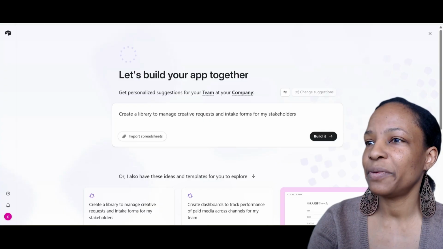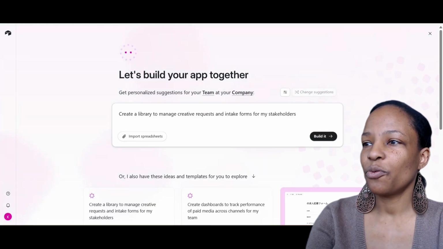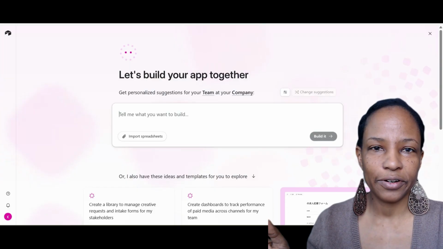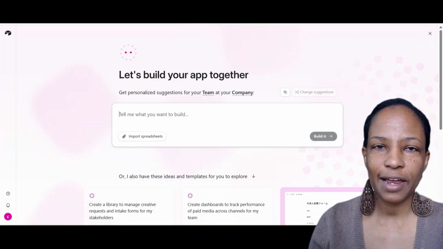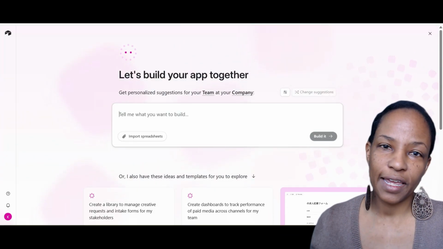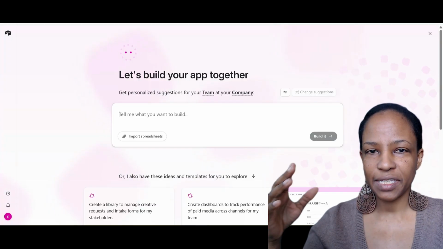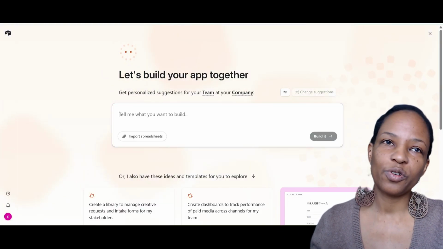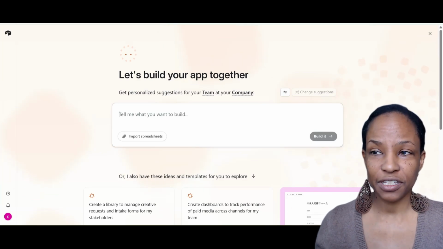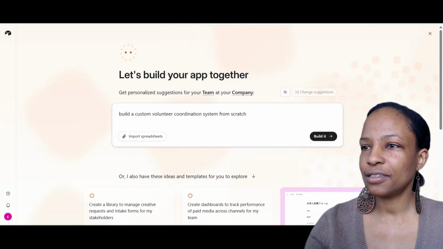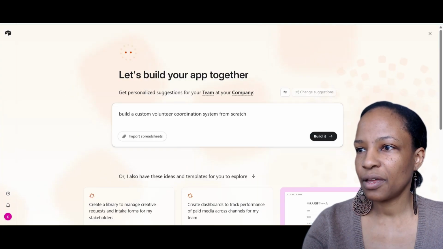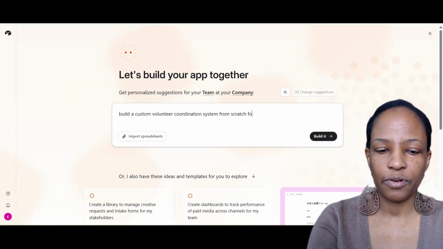So here it says, let's build your app together. So when you first build in Airtable, it's going to ask you if you want to build from scratch or if you want to use Omni or AI to build. So usually I build my tables and everything from scratch because that's what I've been doing for over, I would say, 5 or 6 years now. But let's do this. Build a custom volunteer coordination system from scratch for